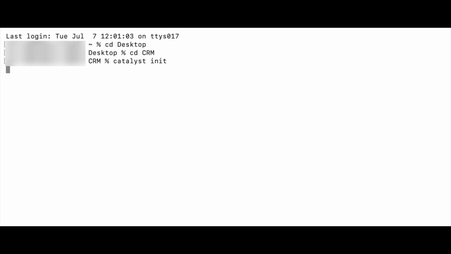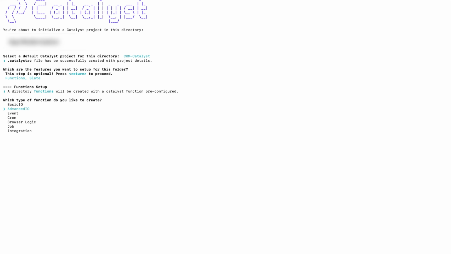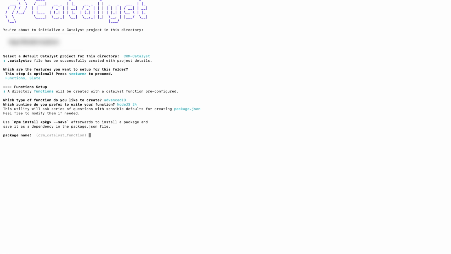We have to give the command catalyst init, and from the already created project we'll be using the CRM Catalyst 1, and then we'll be clicking on functions and Slate. For now we'll be using advanced IO functions, and for the language we'll use Node.js 24 and index. Just the name. If you want, you can rename the files. Click on yes,